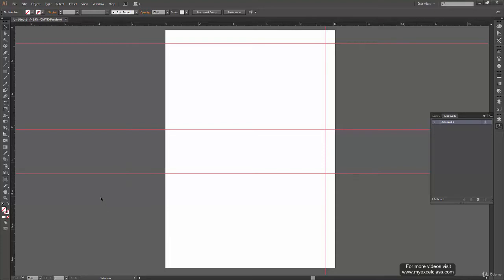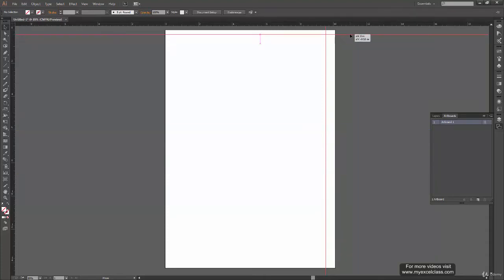All you have to do is go and select the guide you want to delete. Either you can click on the guide and release to select that guide, or you can drag your mouse and select multiple guides. And when you release it, it will select all those guides that fall under that rectangle. And when you press the delete key, it will delete those guides. So now I am left with only two guides on my canvas. So now I can create some further guides.